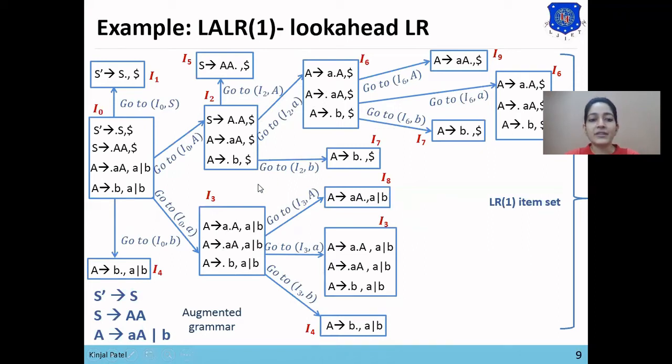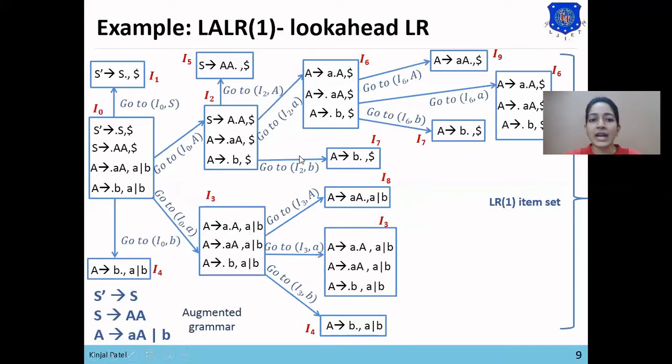Now the next step is to merge the item sets which have the same production rules but different look aheads. For example, the item sets I3 and I6. In I3 and I6, the first part is the same, meaning the production rules are the same, but the look ahead is different. Here, look ahead in I3 are A and B, while look ahead in I6 is dollar.